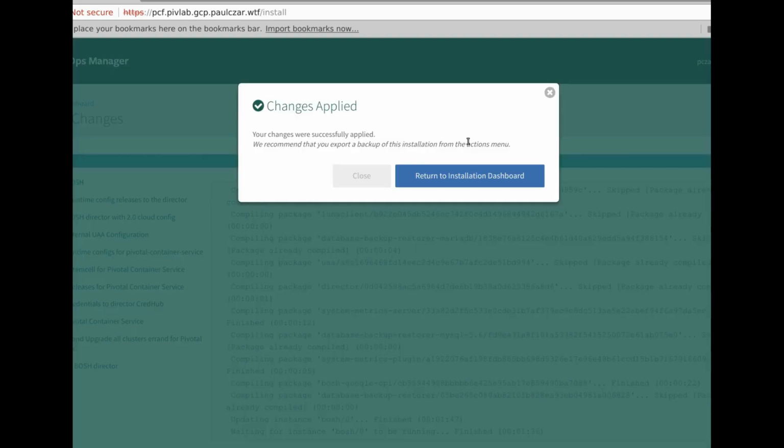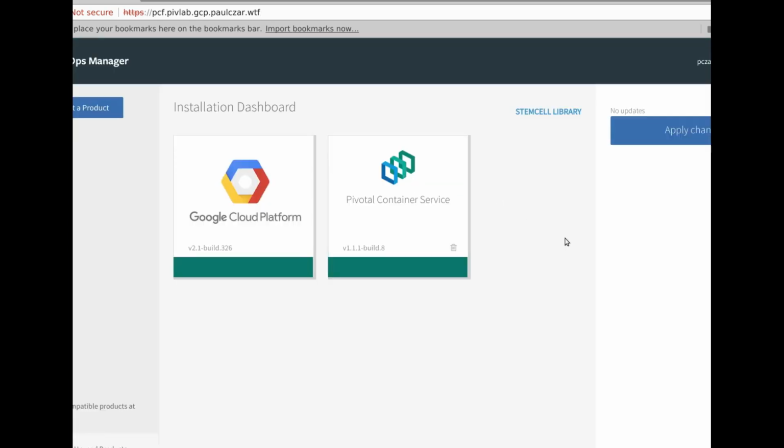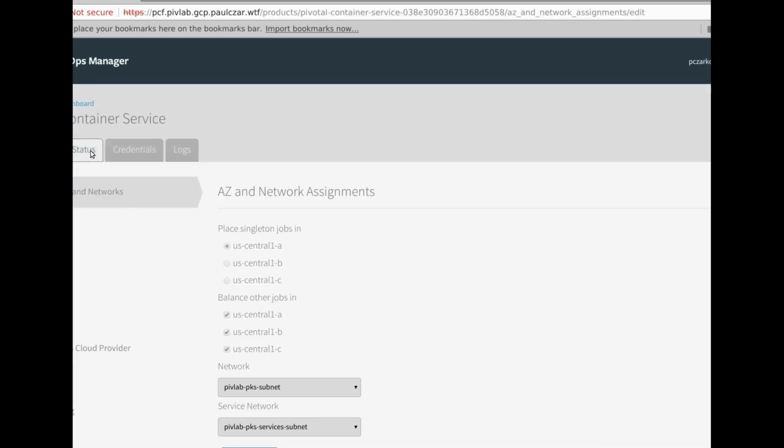So PKS has successfully installed, so we can click return to installation dashboard. You can now see we have the Pivotal Container Service tile with the green underline, and that means that it is running correctly. We do, however, need to do one last thing to configure the load balancer for PKS. So if we click on the PKS tile and we go to status,